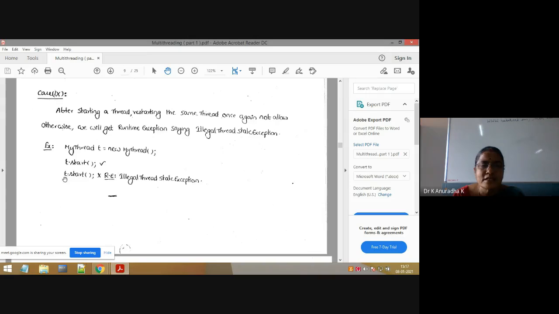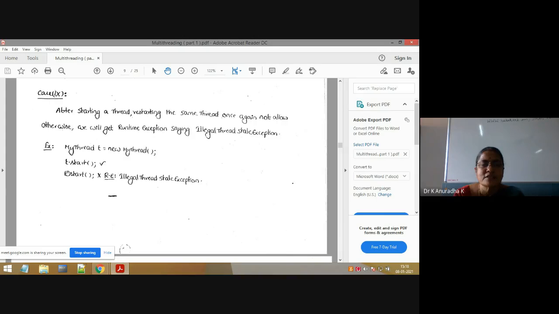Then if you write the same statement again, what will it do? It cannot do anything. That's why only the first time it will accept to register your thread with the thread scheduler. After that, if you write the t.start method again, then it will give you